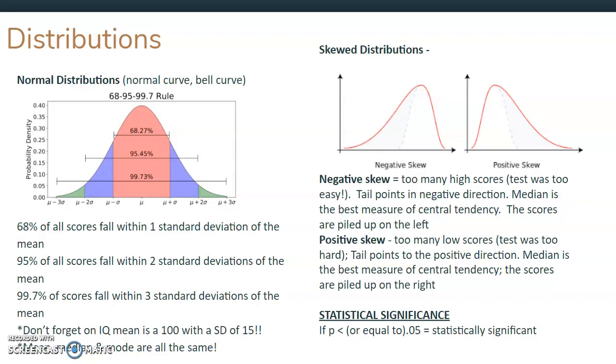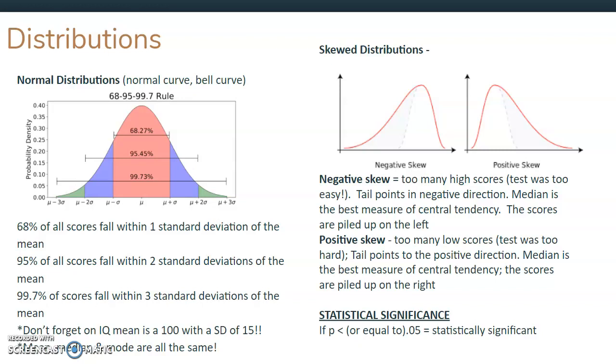Okay, then you've got this normal distribution. I'm going to run out of time. The normal distribution, remember the mean, median, and mode are all the same in a normal distribution. All you have to know for standard deviation is how to calculate it. So if they give you a standard deviation and the mean, for one standard deviation, you just add 1 standard deviation. For 2 standard deviations, you add 2 of the standard deviations to the mean, and 3 the same way. If it's going in the negative direction, you're just going to subtract them.